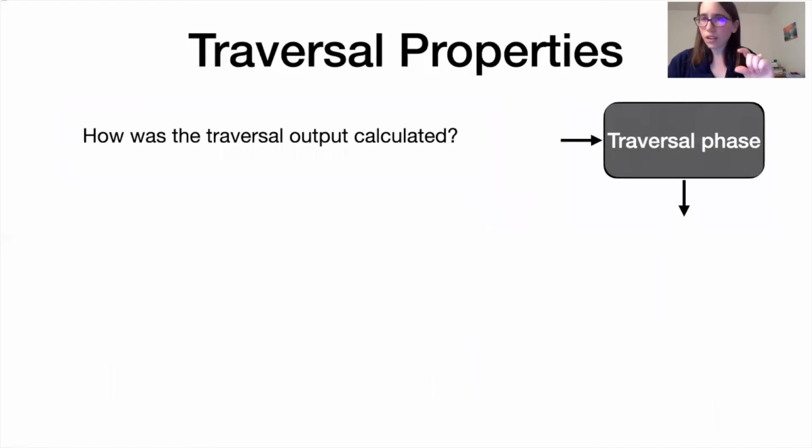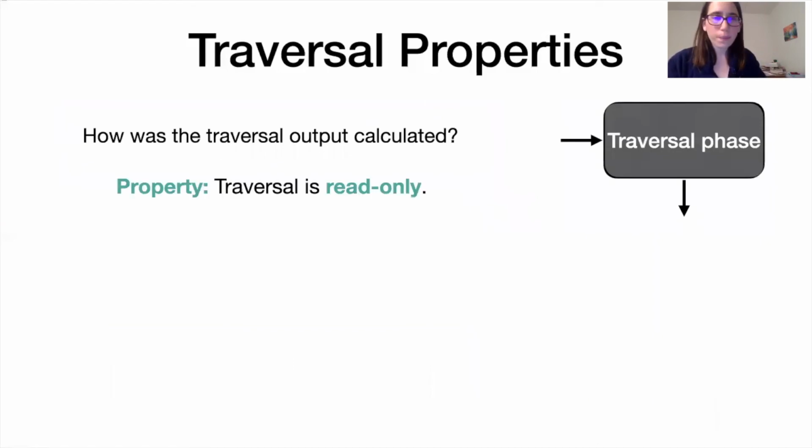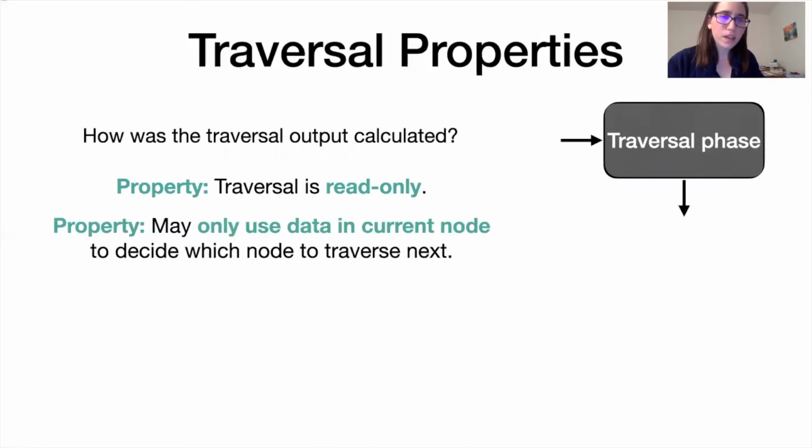So let's focus in on just this traversal phase. The first property that we require is that the traversal is read-only. This is sort of a trivial property from what I've told you so far. And the second property, which might be a little less intuitive, is that we require some locality when making decisions